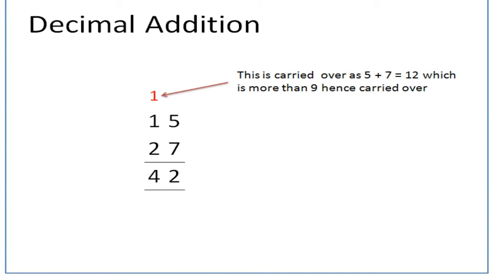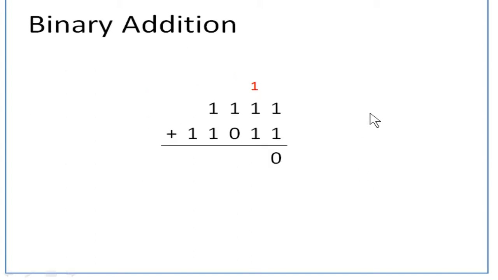The same process is followed in binary addition also. You can see an example here, 1 1 1 1, that is 4 ones, plus 1 1 0 1 1. This is the number you are given, and you are going to add it. Start from the last column, the right hand side column. 1 plus 1 is 10. We already saw case number 4, 1 plus 1 is 10. So you put 0, only the rightmost digit, and carry over the left digit to the previous column. It will be written above, and then you add these.